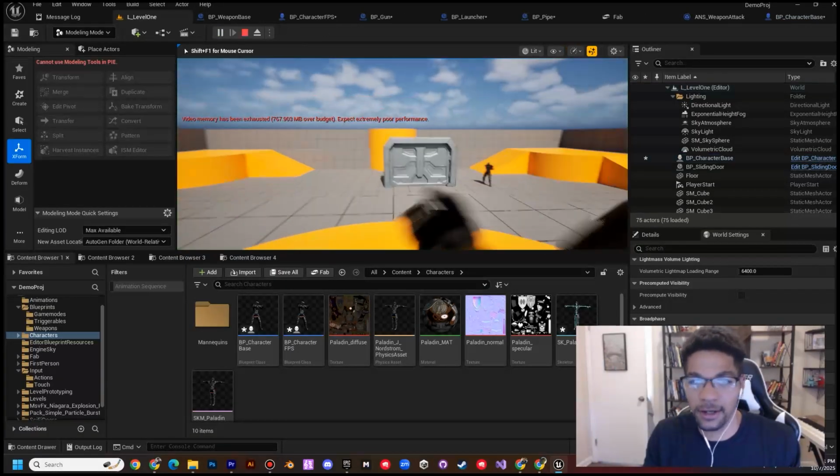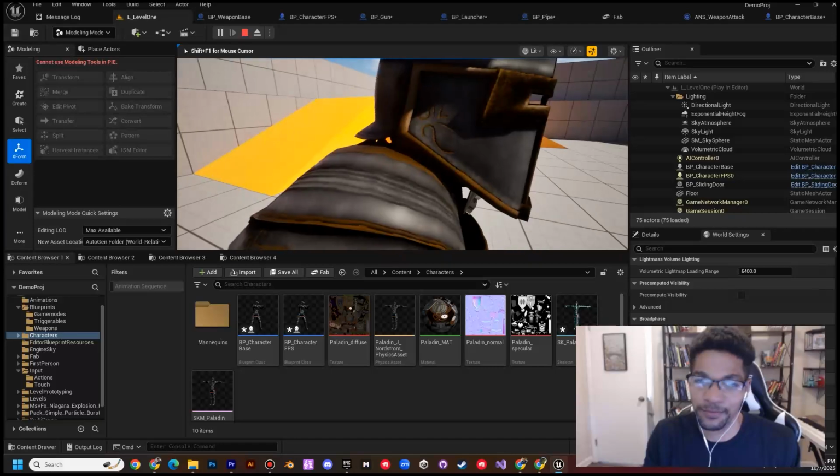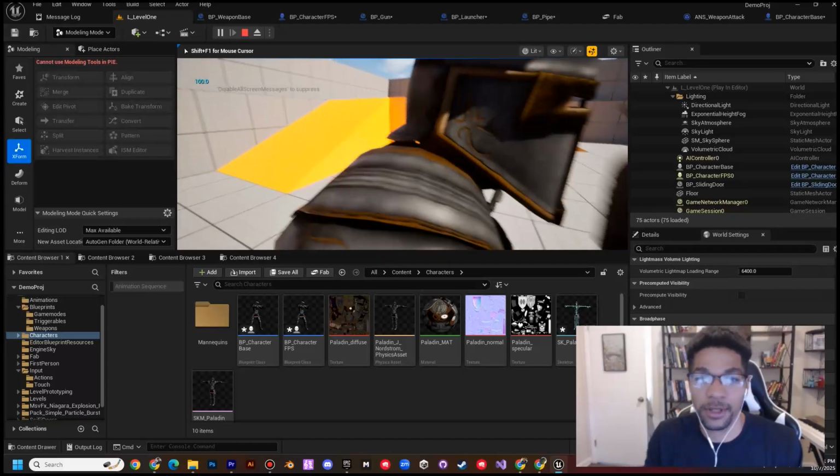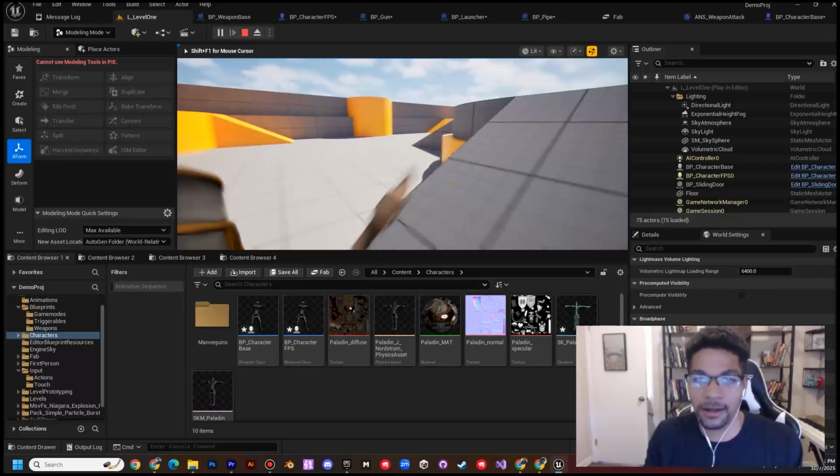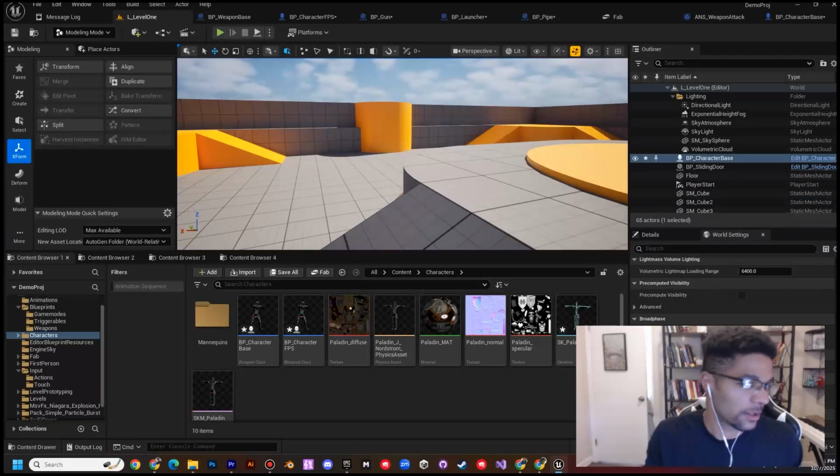And once I go whack him with the pipe, he picks up the pipe too. You can see a little 100 pop up in the corner of the screen. So the damage is working. It's not popping up unless I hit him. So the pipe is functioning well. Later on, we'll add